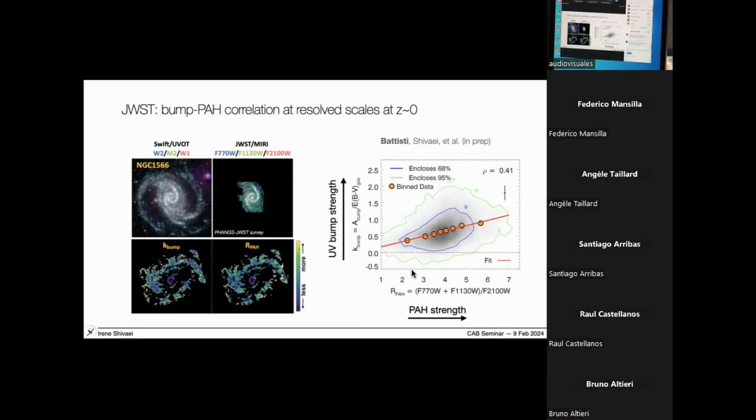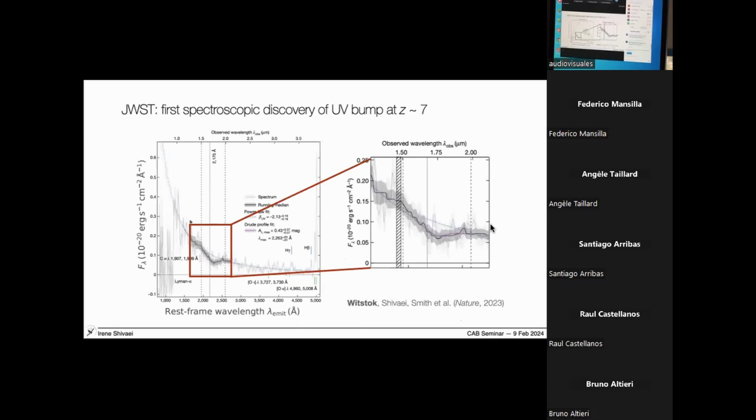So this is the same plot that I showed you for integrated light of redshift 2 galaxies, just the axes are switched. And we again see a very clear correlation between the 2 quantities. This is a combination of star-forming regions in these galaxies from 15 FANGS observations. So this was at redshift 0. We can also, with James Webb, look at it at much higher redshifts.